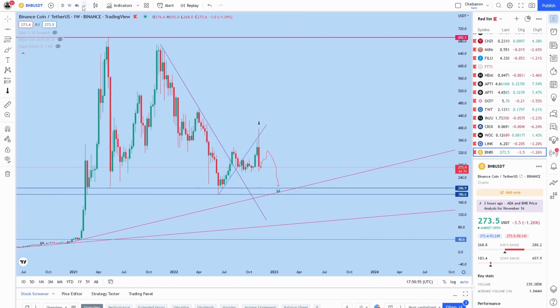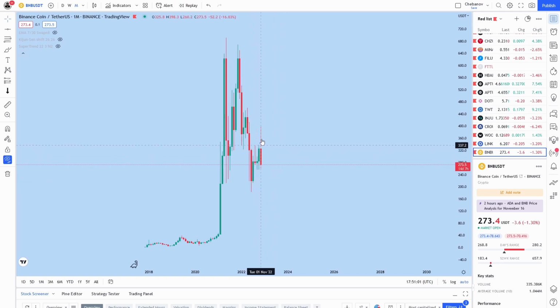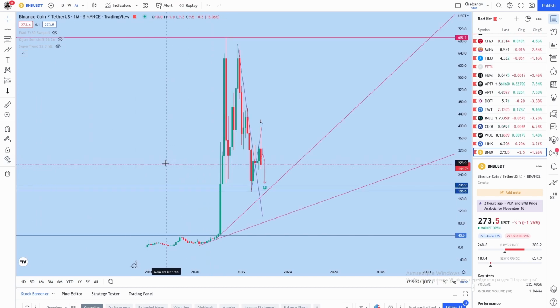Also I see we need to follow how the monthly is going to close. If we close the monthly something like this, or if we don't have this lower week below, it is going to be even more aggressive. And actually we have an uncovered week here, so definitely 183, 182 is totally on the table. But for me, I'm not buying this asset. It is a past asset for me